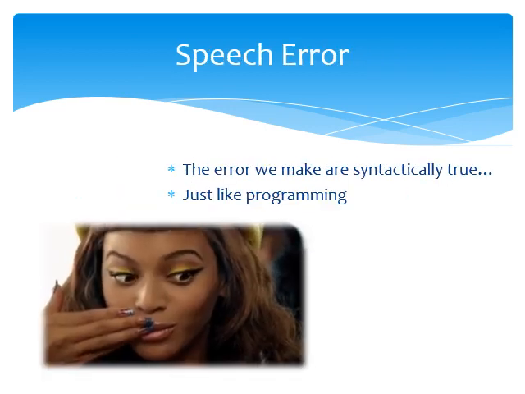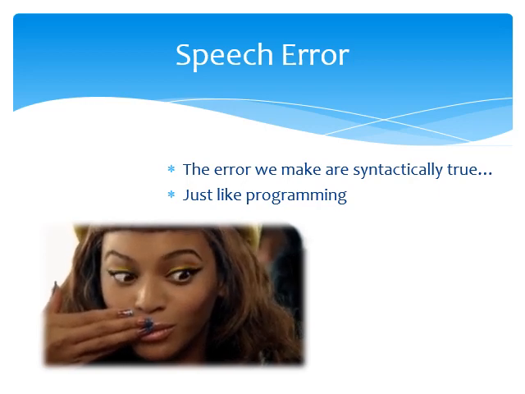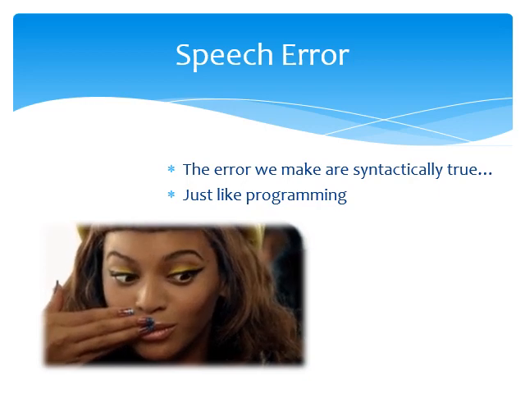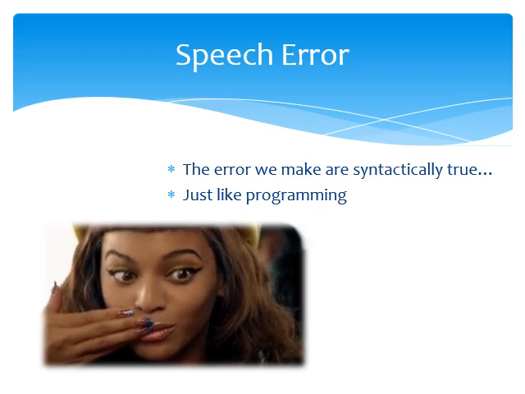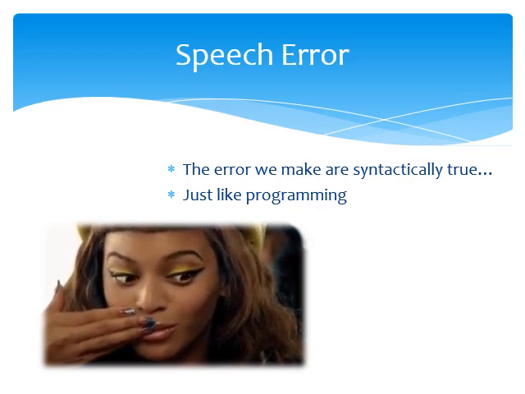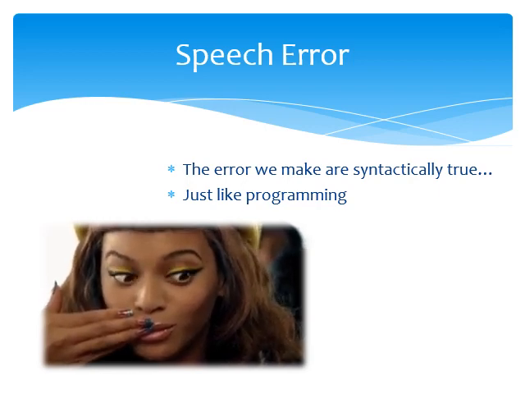Next, we have the speech error under syntax. These are errors that we make which are syntactically true, wherein we don't intentionally say these words, but they are what we end up saying. For example, we reverse things. Have you tried saying "I put the frying pan on the oil," or "I put the frying pan on the fish"? We reverse the parts of the sentence, which is usually not our intention. Or for example, "I put the oven in the cake." We reverse things, similar to programming. Sometimes it's not intentional, but we reverse things. A good example is the slip of the tongue, which we don't deliberately say.